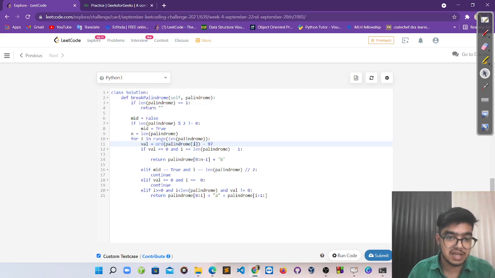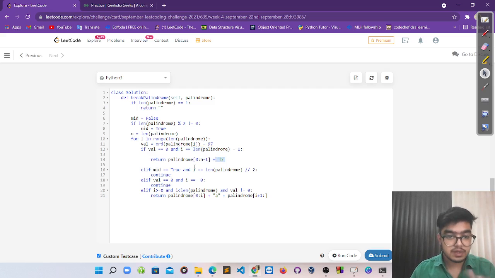How can we get the value? In Python, the ASCII value of small a is 97. So we normalize it between 0 and 26, right? So we get the actual value. If the value is 0 and we are at the last position, it means we have a as a character. In that case, we simply append b and return.